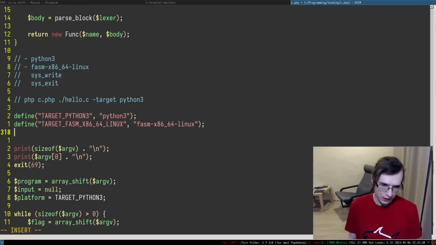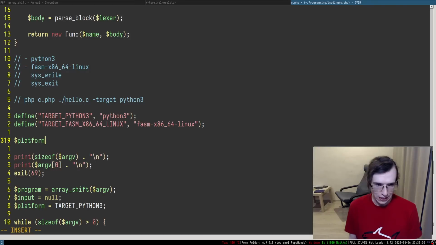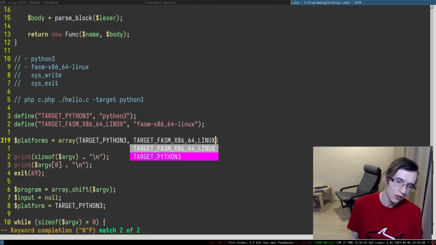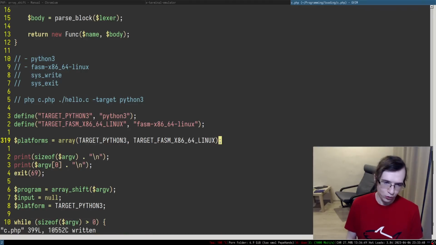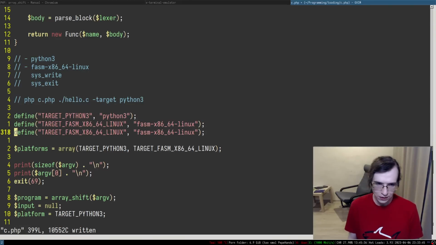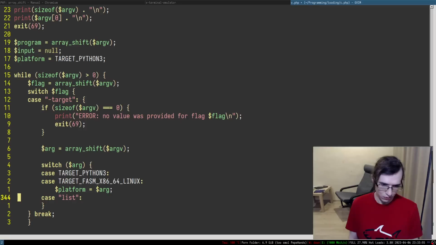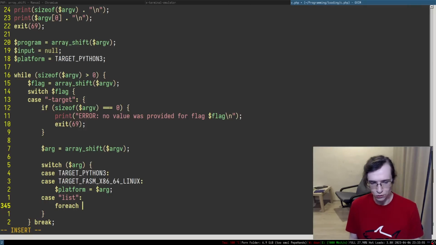If I create all of the platforms like so, Python 3 target fasm, I automatically have to update two places if I want to add another platform. I have to add it in here, and then I have to add it in here, which is not convenient. But I want to have the platforms as an array, because then with the list, I will be able to do something like for each.